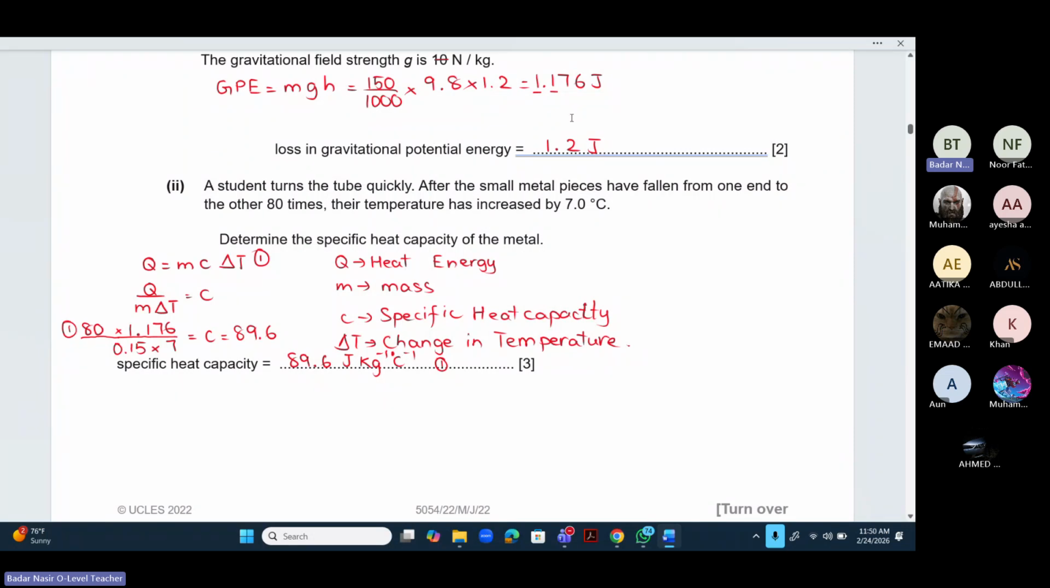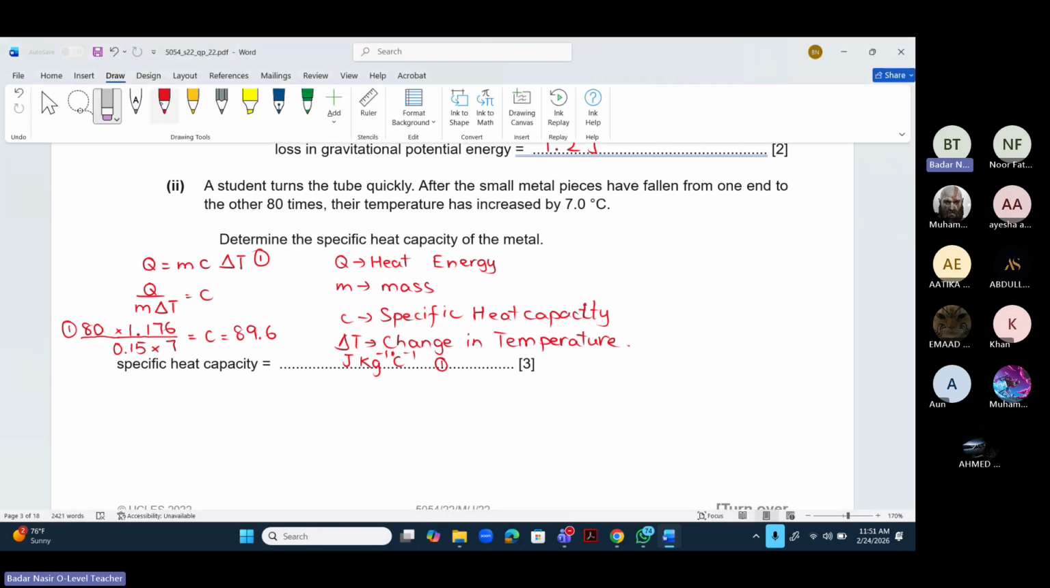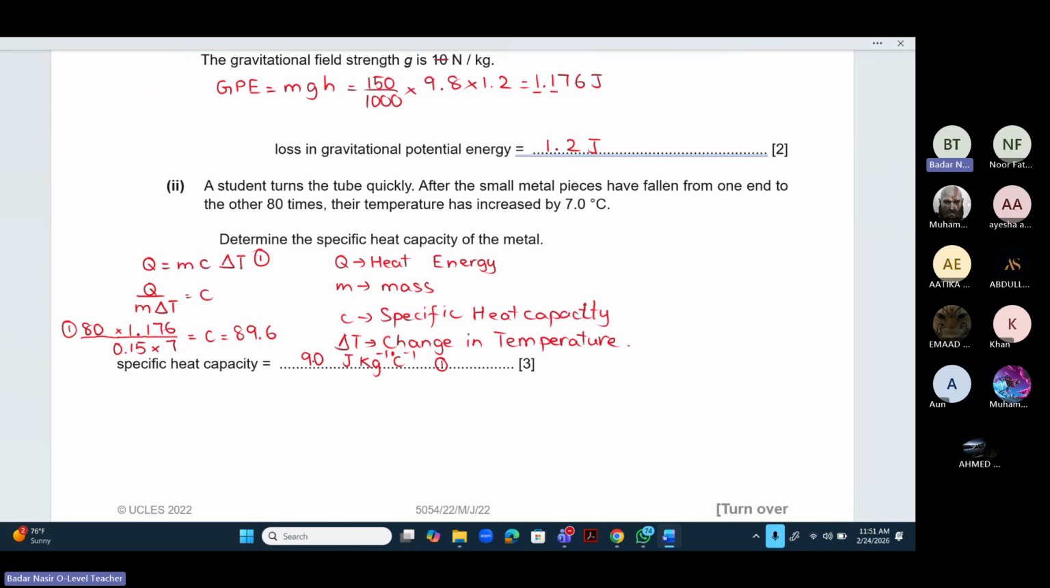Okay, अब ये एक दफा conversion है when you just drop it once. अब क्योंकि 80 दफा उसने कहा है कि fall हो रहा है, so we multiply that value with 80. We don't use the rounded off answer, we use the exact value from the previous part. Then we have to put the value of m, and the change in temperature is 7, and at the end we have to give the final answer to two significant figures. So if I round off 89.6 to two significant figures, the final answer will be 90 joule per kg